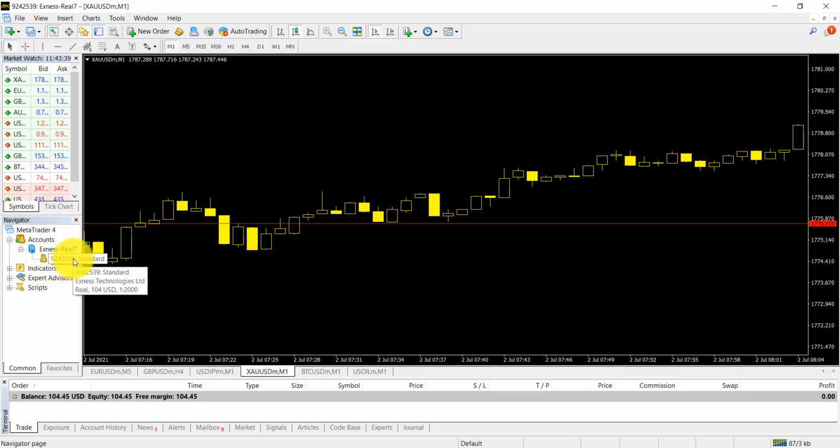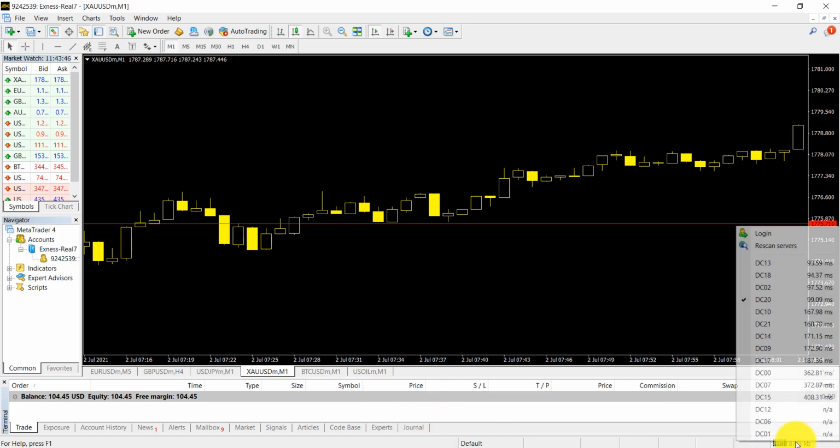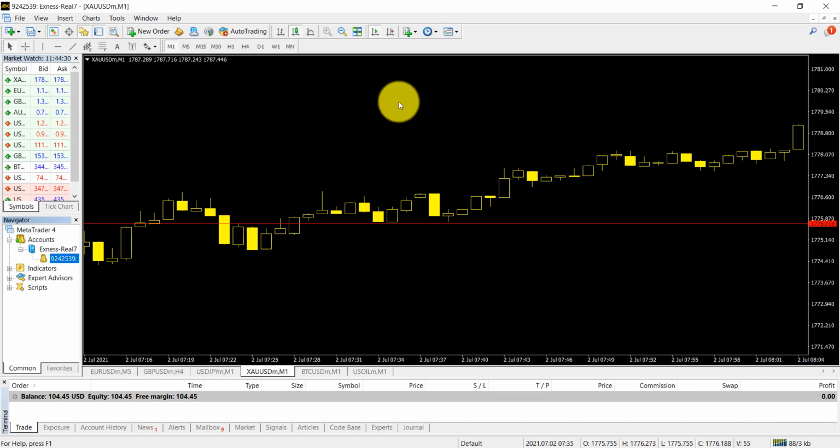Simply, if you need to try a demo account, just open a demo account. Then from here you just click this login button. Then with the server name, ID and password, you can log in to your demo account. You can open a trade and try it in your demo account. There are no losses. Exness MT4 is a good, trusted broker. If you want to trade, you can choose this broker.